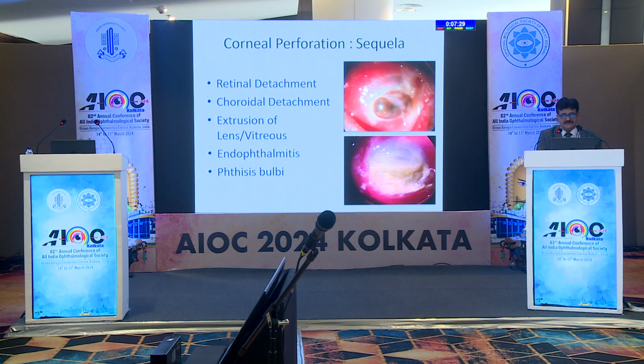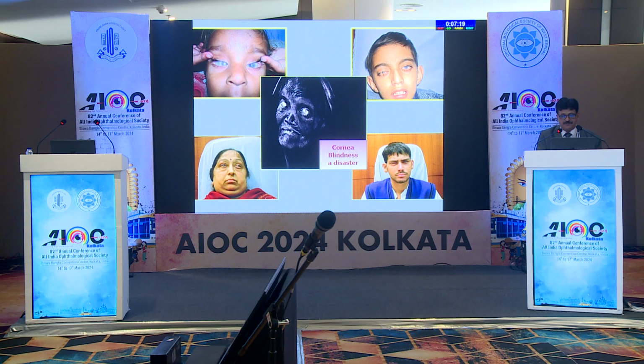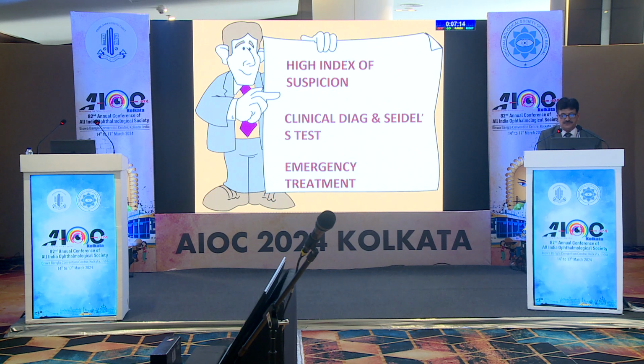So we all know that there are sequelae to corneal perforations: retinal detachment, choroidal detachment, exclusion of lens, vitreous, endophthalmitis. So this is a devastating condition. We have to act very early to prevent the disasters and to prevent blindness. So I would like to say that you should have a high index of suspicion for corneal perforation, and the clinical diagnosis you have to confirm it, and